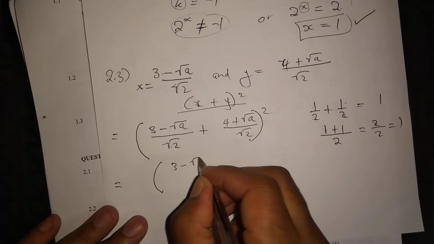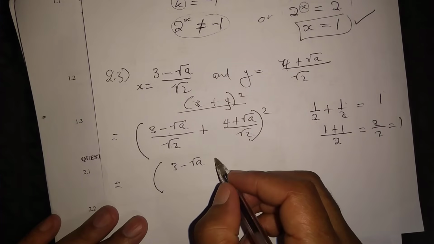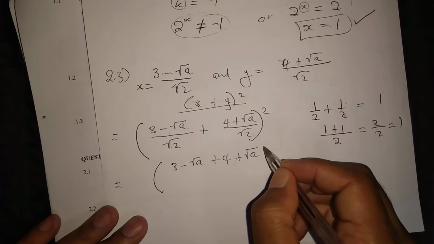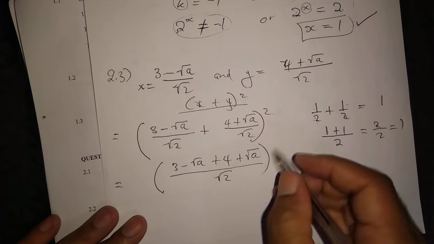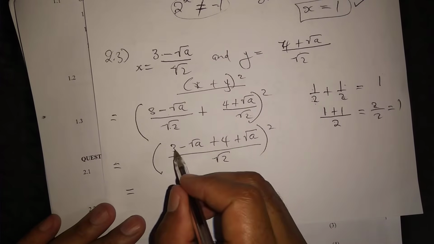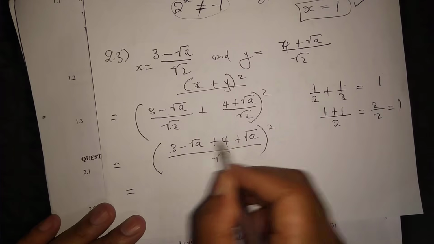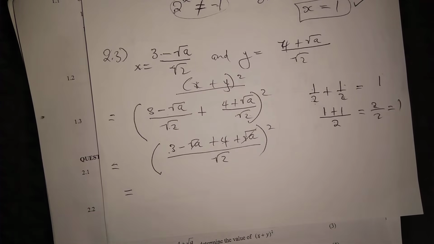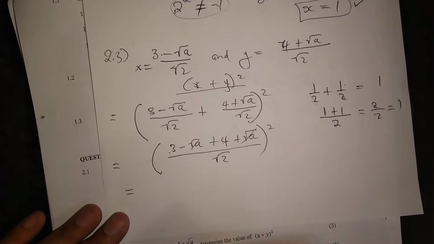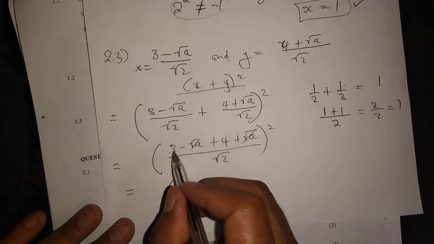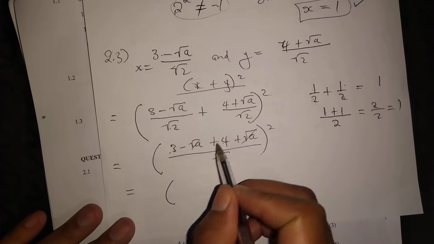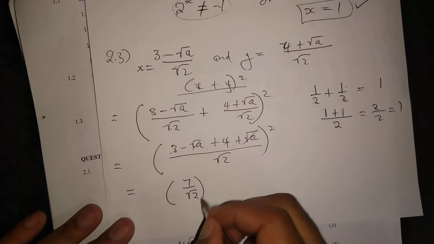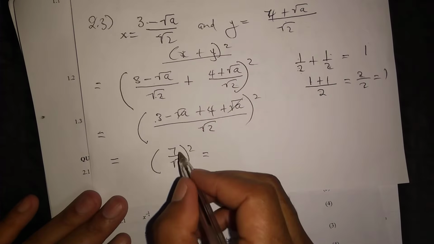So it's 3 minus square root a plus 4 plus the square root of a divided by square root 2 is equal to, so therefore we combine like terms, the 3 and the 4, and then the like terms. Unfortunately the 2 is cancelled, well, it's fortunate for us because if we add it would be complicated. So we have 4 and 3 and we add them, so it will be 7 square root of 2 is equal to,